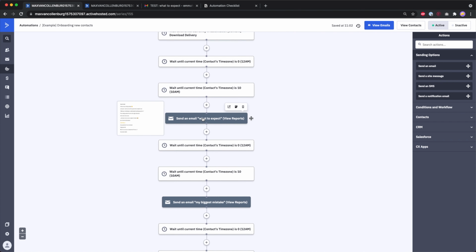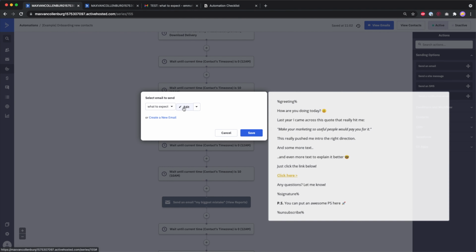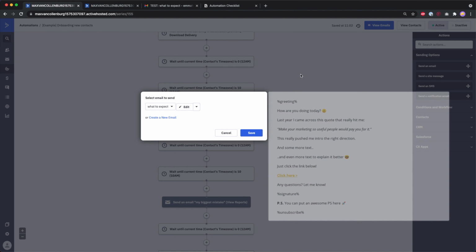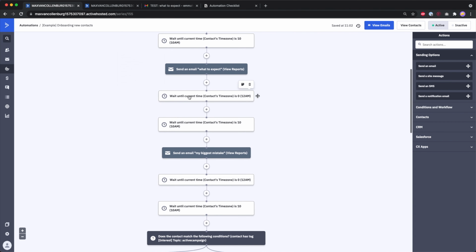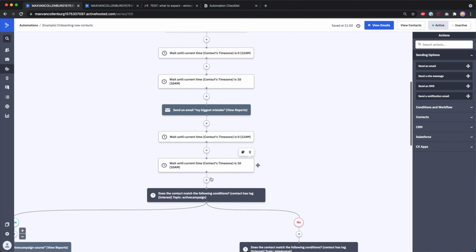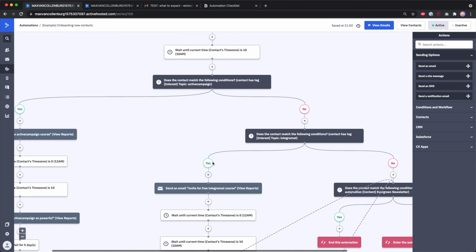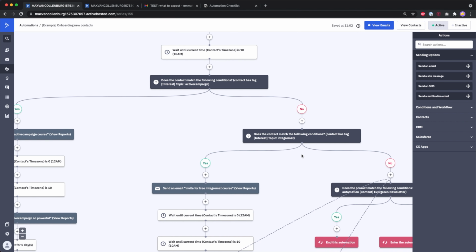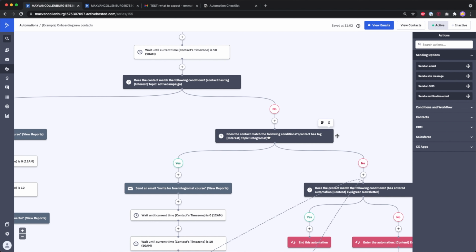Now then I'm sending this email, and then if you want, you can even test it again. If it's a really important automation, you can also just go over here maybe and say, oh, okay, yeah, I tested this, cool. Now here we wait until again, and then again, and then I would basically check all these wait actions. And then over here, the if elses. So the if elses are also really important because they basically determine which path someone will follow, right?